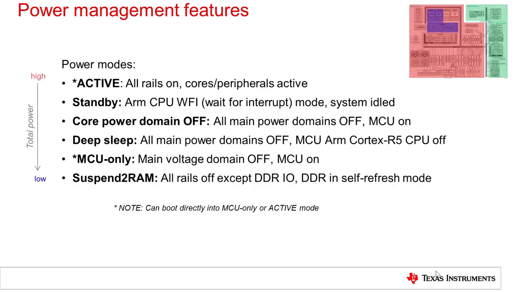Multiple SoC power modes are supported which allow management of system power in various scenarios. These range from idling cores to shutting off unused power domains to shutting off the entire main voltage domain in MCU-only mode. MCU-only mode is useful for booting only the safety MCU without having to bring up the entire main domain. Finally, for the lowest power modes, the entire device can be shut off except for the DDR/I/O, which can then be used to maintain self-refresh mode on the external DDR. This is useful for a quick resume of a high-level OS from a very low power state.